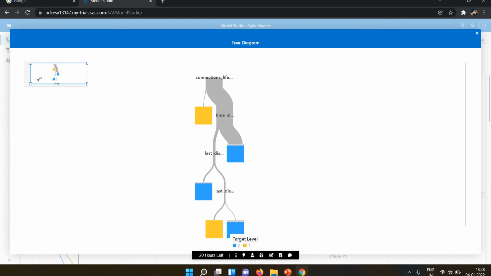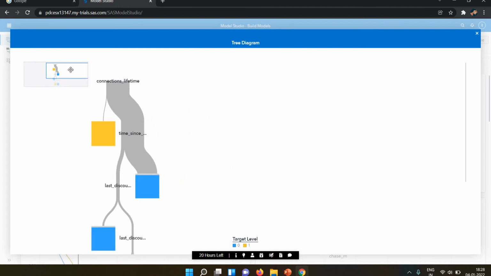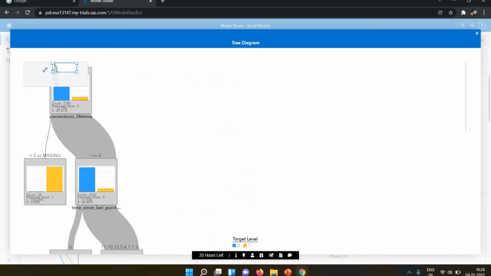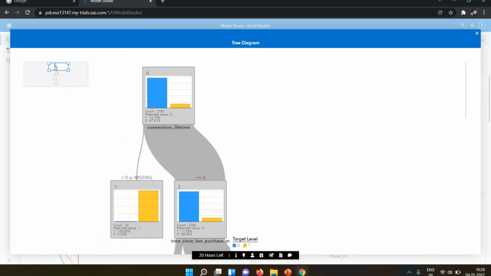So when we zoom in, now you can see we have the brief detail about this root. This is my node 0, my parent node.